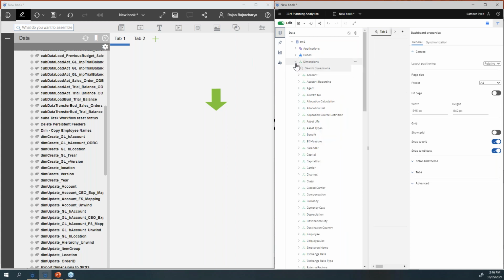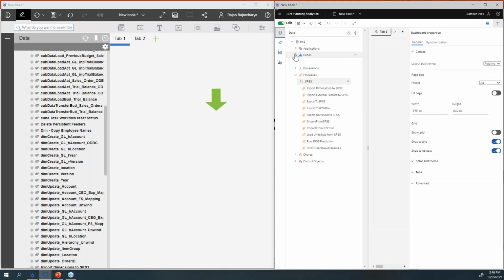For example, if I go to the dimensions, again, you have the search dimensions. If I go to the cubes, I have the search cubes. One thing to note here is if you have fewer objects, like say 5 or 10, you will not find that search. For example, if I'm looking into chores, you'll see the search is not there because only a few items are there, so in that case, it will not display.